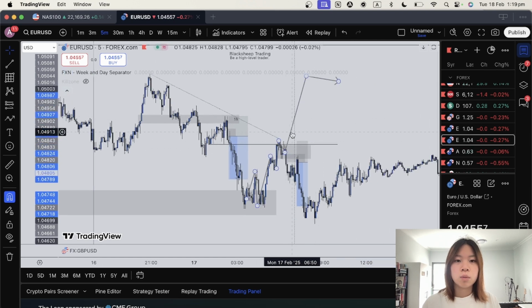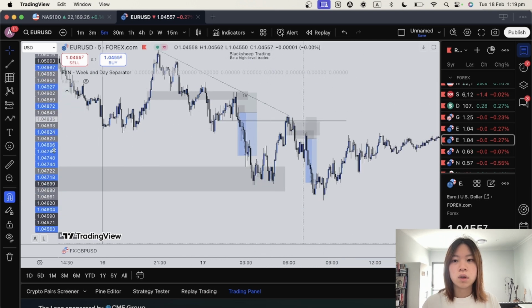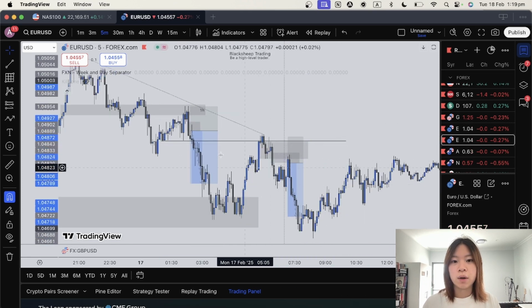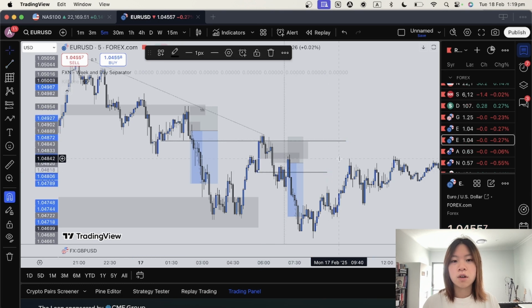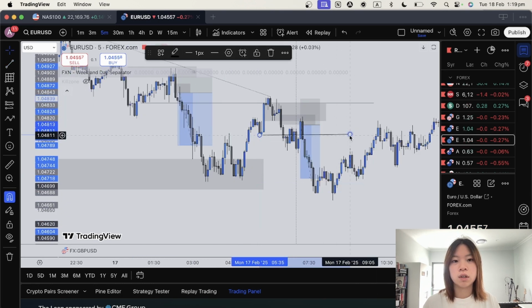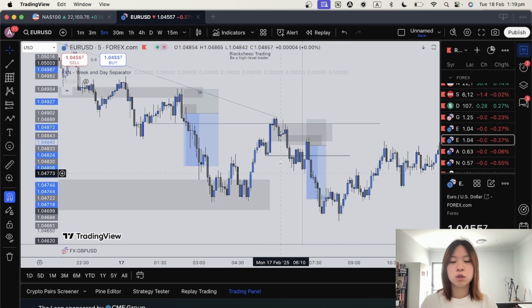But because price didn't do that, what we got was, on the 5 minute, after we tapped into the H1 order block, we went down and we had a change in the state of delivery right here. A 5 minute change in the state of delivery, and it's also basically a market structure shift here. So we got a market structure shift, which basically is the start of a 5 minute market maker sell model,